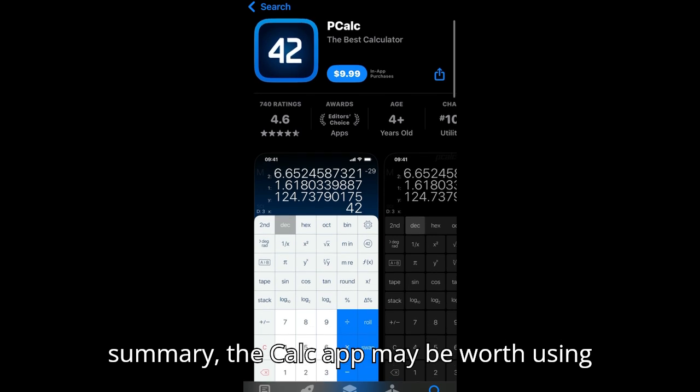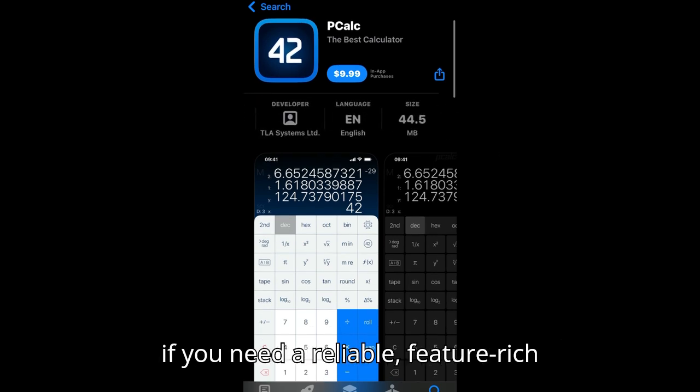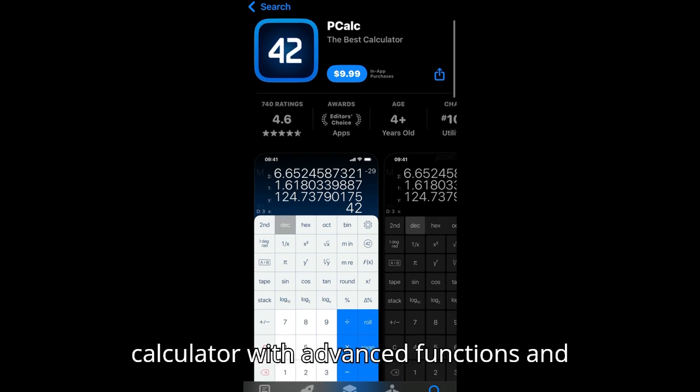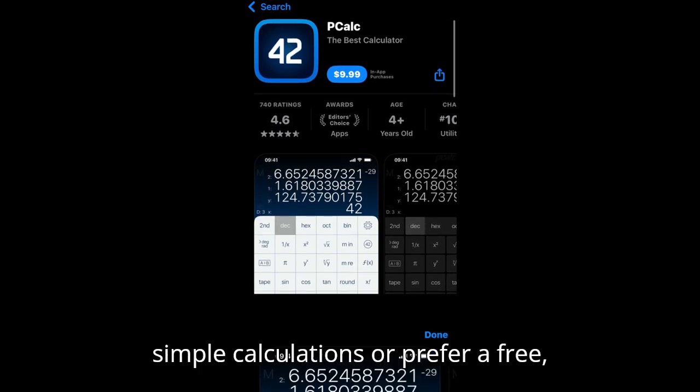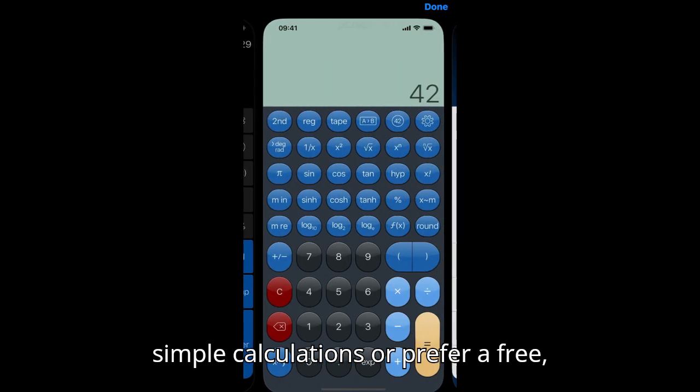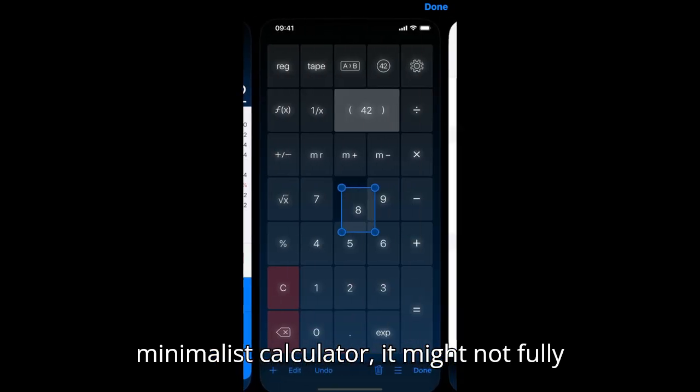In summary, the Pcalc app may be worth using if you need a reliable, feature-rich calculator with advanced functions and customization. However, if you only need simple calculations or prefer a free, minimalist calculator, it might not fully meet your